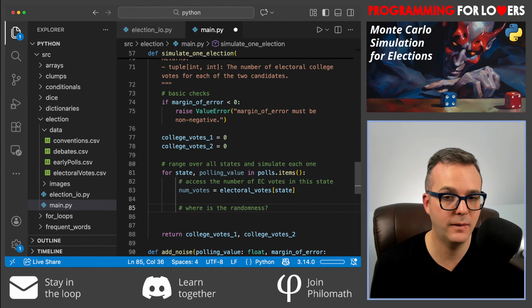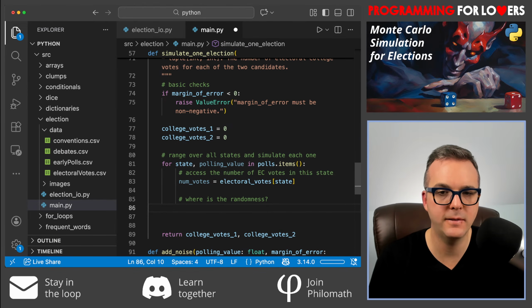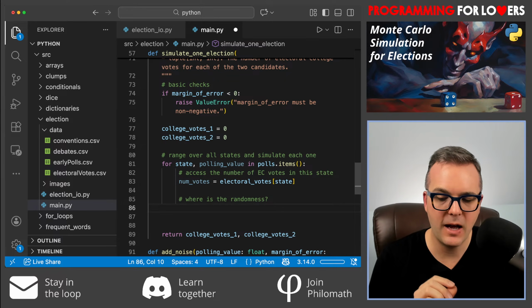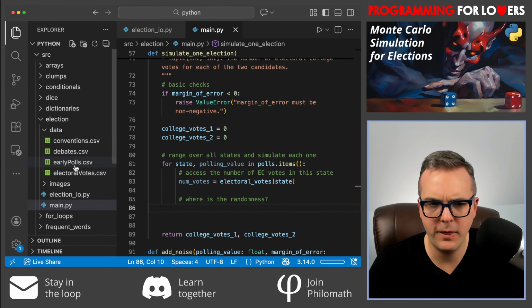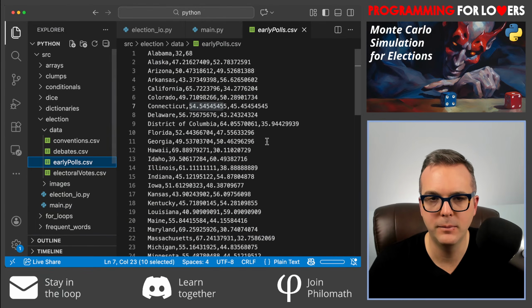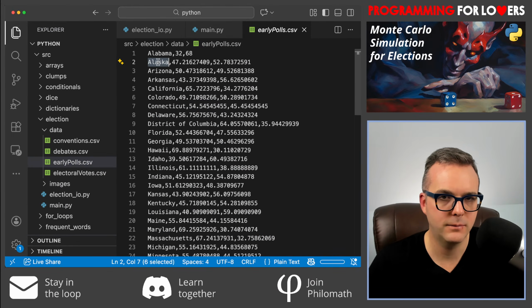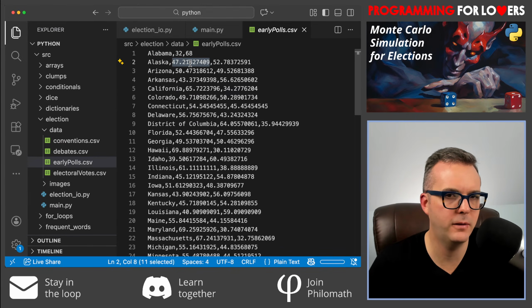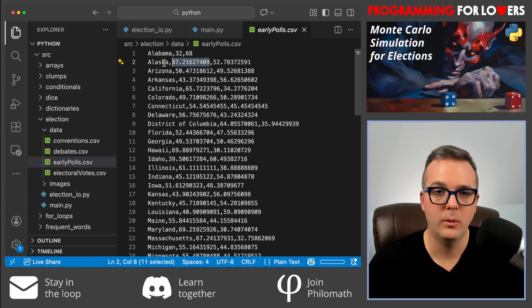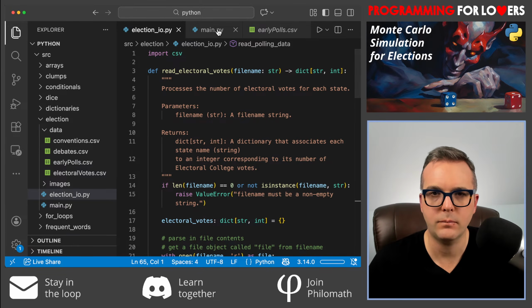In this case, the subroutine that I care about is this: I've got the polling value that I'm currently at. So if I go back and look at my data, for example, I'm currently looking at Alaska as the state name, and its polling percentage is 0.472, something like that. So this maps states to values in that way. When I go to main.py,